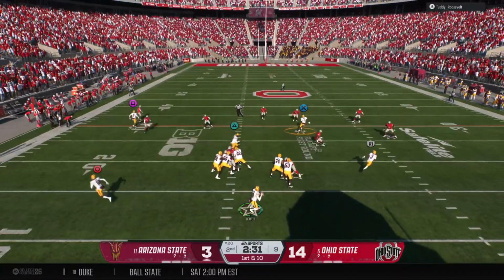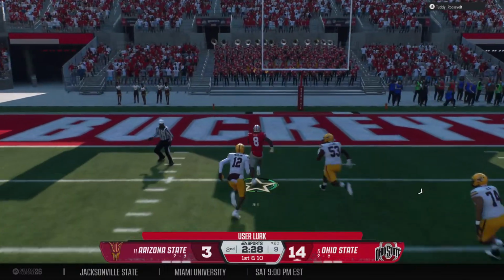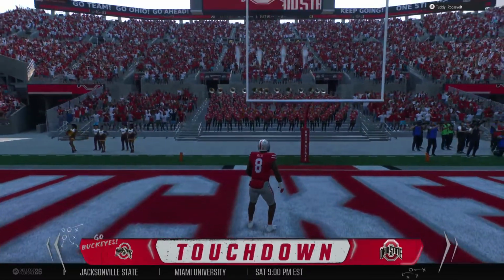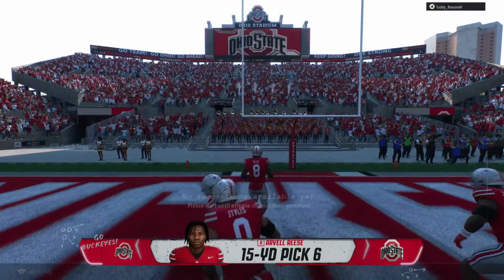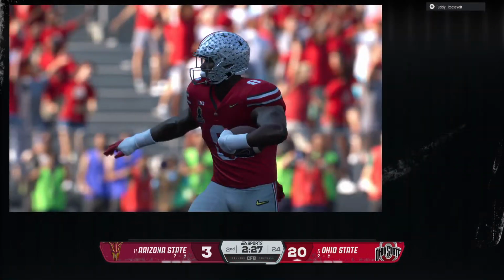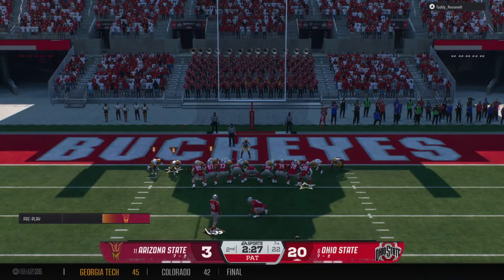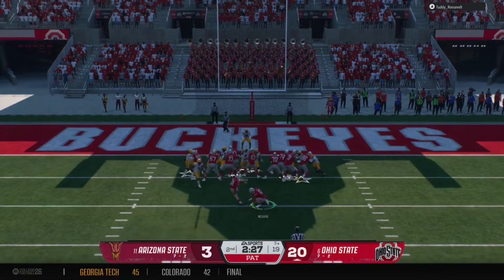Looking downfield, it's Levitt. Oh, it's picked off. What a play. Oh, he's bringing it back. Touchdown, Buckeyes. A defensive score in this playoff game. Wow. Boy, what a tough blow for this offense. Already in field goal range, and the quarterback puts one in the defense's arms, and he takes it all the way back for a touchdown.